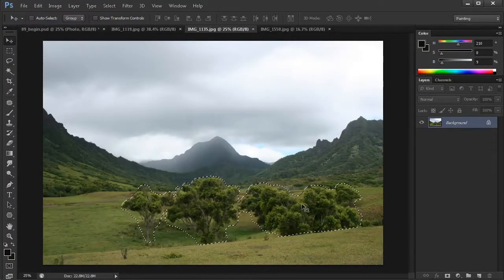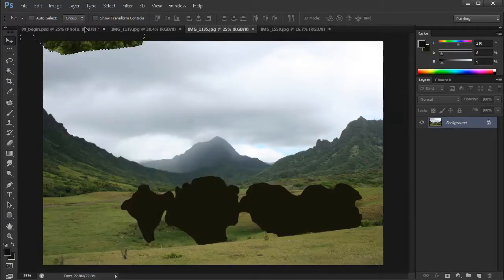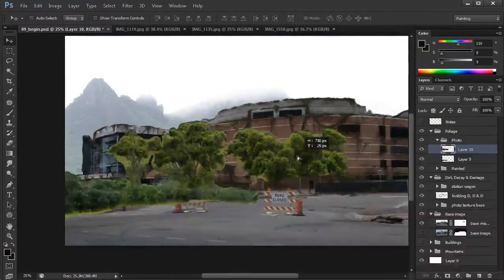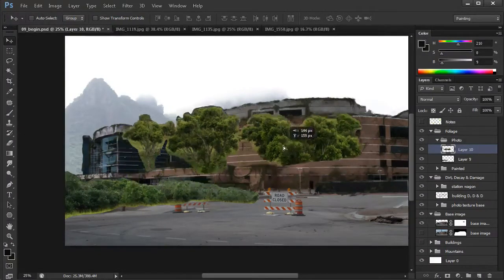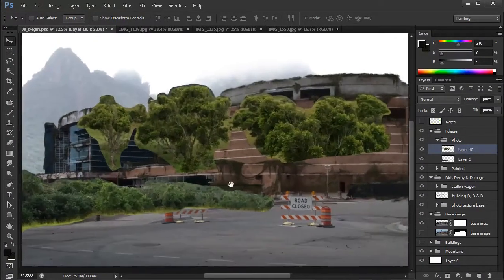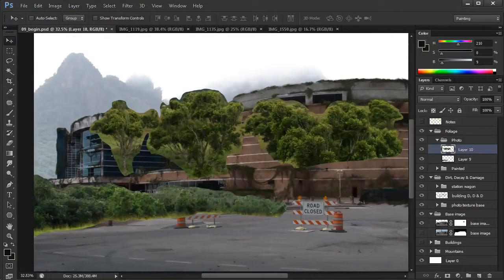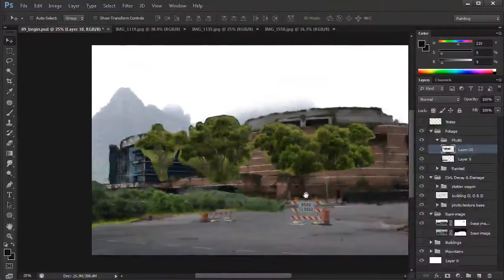fit into our image. So let's grab our Move tool again by hitting V, and we'll drag this over and drop it into our image. Now you'll notice right off the bat that these two chunks of vegetation are a little bit different in color. The ones that I just dragged in, these right here, are warm in color, while these are a little more cool right here. We're going to take some steps to fix that in a little bit, but